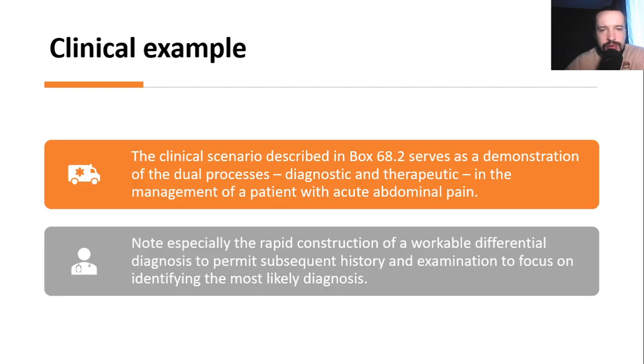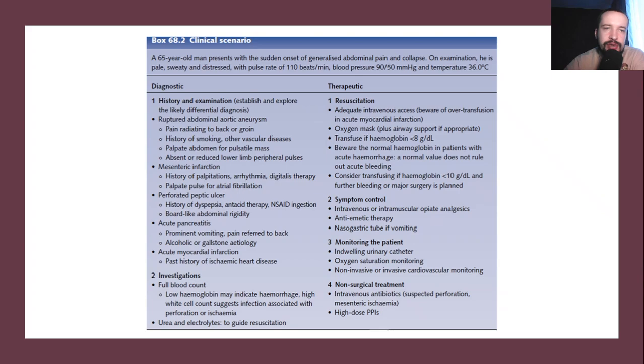The clinical scenario described in the box serves as a demonstration of the dual process, diagnostic and therapeutic, in the management of a patient with acute abdominal pain. Note especially the rapid construction of a workable differential diagnosis to permit subsequent history and examination to focus on identifying the most likely diagnosis. There you see the 65-year-old man presents with the sudden onset of generalized abdominal pain